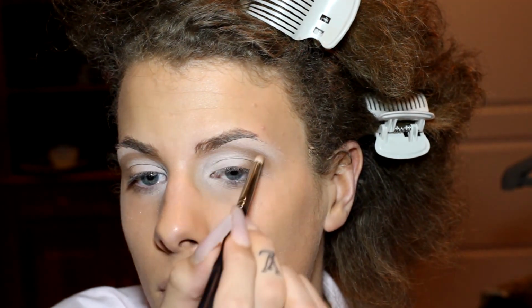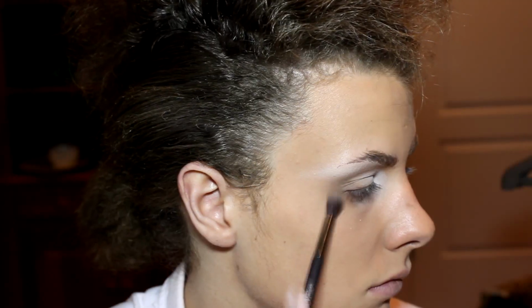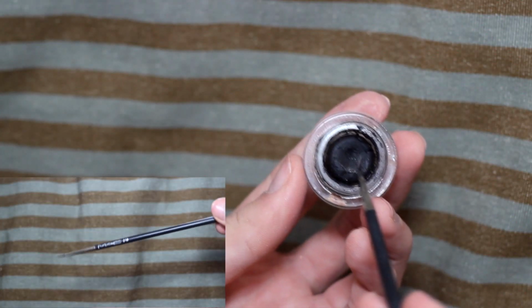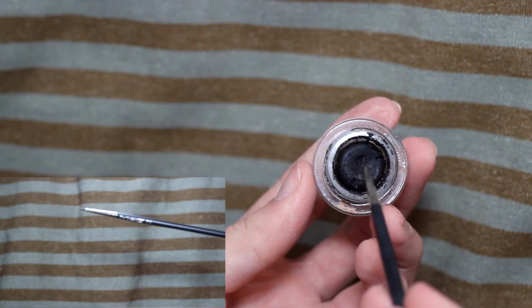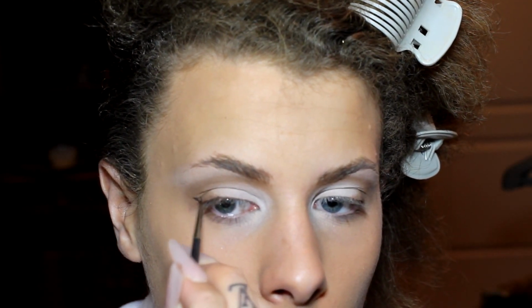Keep adding product into your crease until you have the desired amount of darkness for your contour. And blend everything out. We're going to do our liner with a M.A.C 210 brush and some Bobbi Brown eyeliner in Caviar Ink. Start by drawing out the wing and make sure that you follow the lower part of your